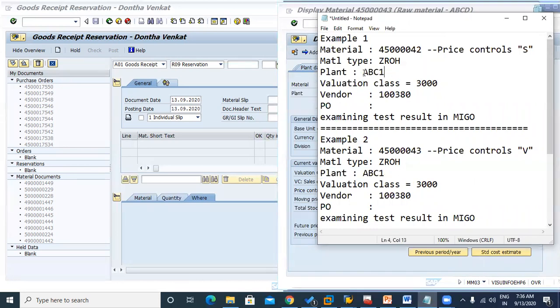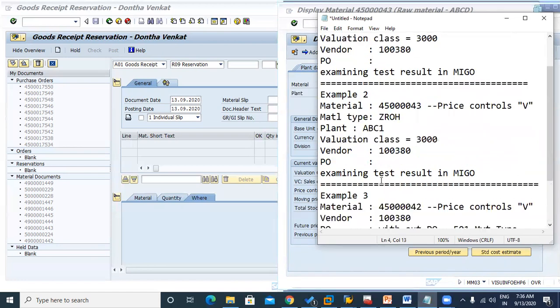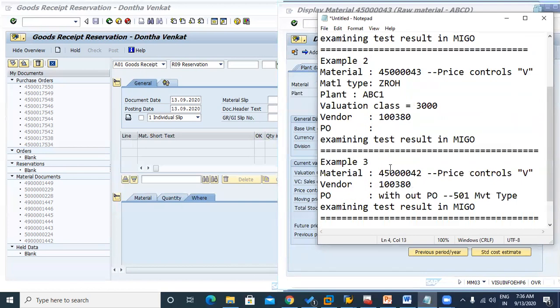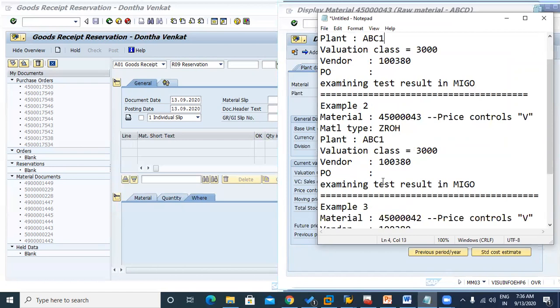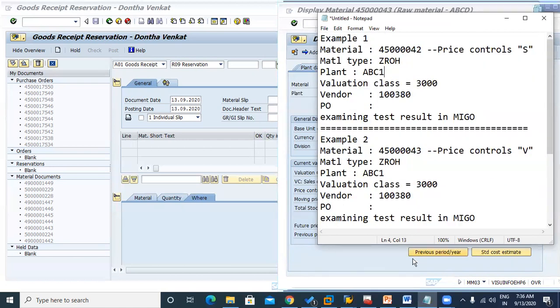So we can interpret this later. The plant I have taken is assigned to the ABC1 company code, and this is also ABC1, the same company code. Now similarly for the other one, it's the same because the same material is there, so I need not write it down here. Only the movement type is going to change in that place.